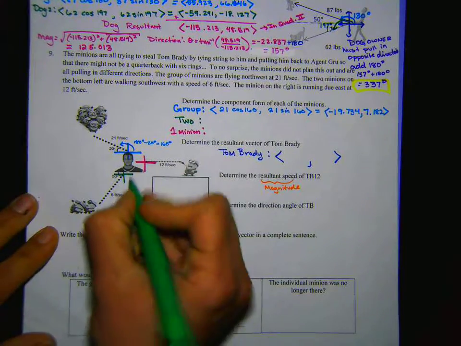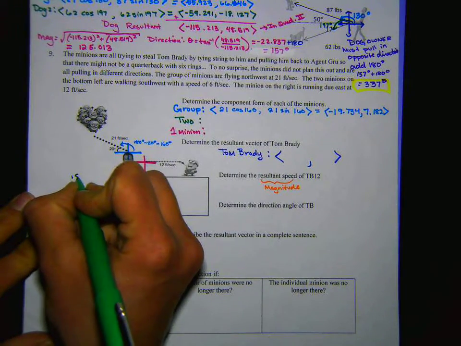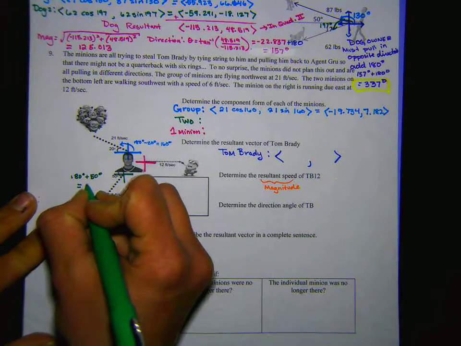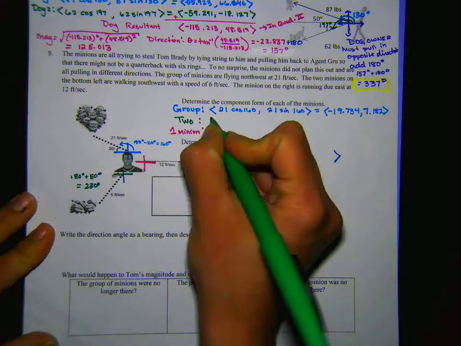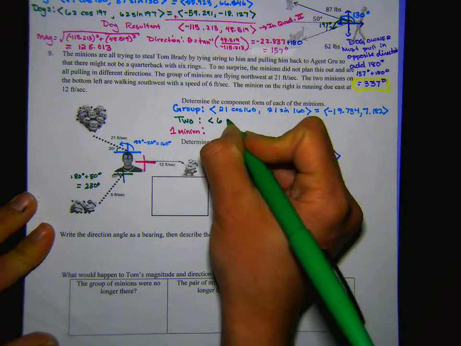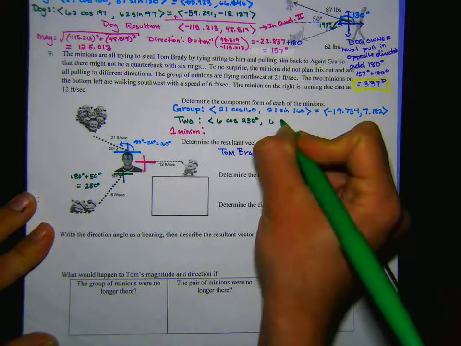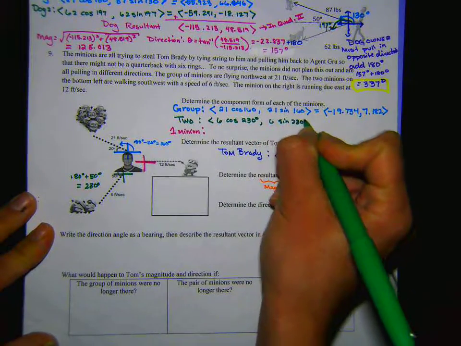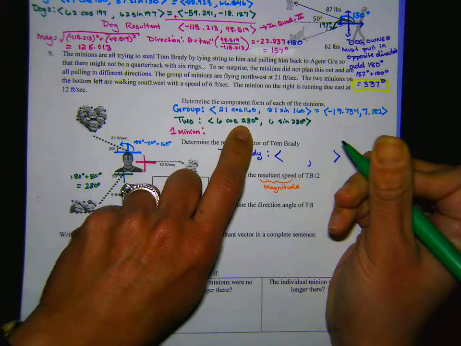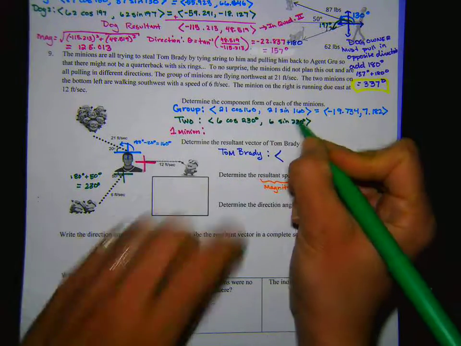which is 230 degrees. So I'm going to take their force, which is 6, times the cosine of 230 degrees, and 6 times the sine of 230 degrees. The component form is magnitude times the cosine of your angle, and magnitude times the sine of your angle. Both components should be negative because these minions are in the third quadrant. It's negative 3.857 and negative